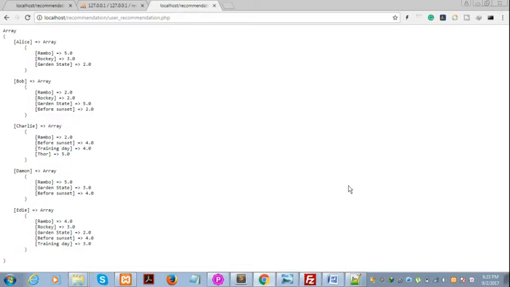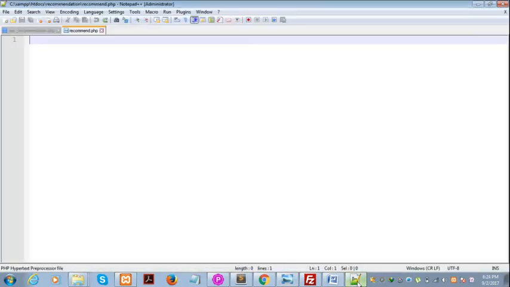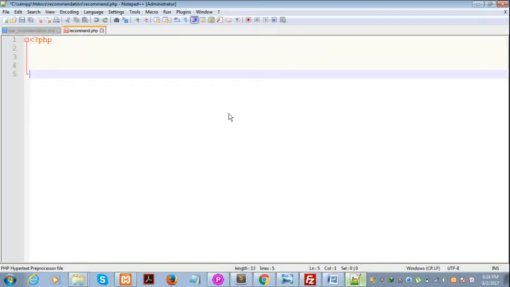In the last tutorial I have shown you how to convert the data from database into a matrix form. In this tutorial I am going to explain how to find the similarity between two users. Let's suppose how much Elias is similar to Bob and how much Elias is similar to Charlie. So let's start. For that I have created this new file recommend.php and I will create a new function